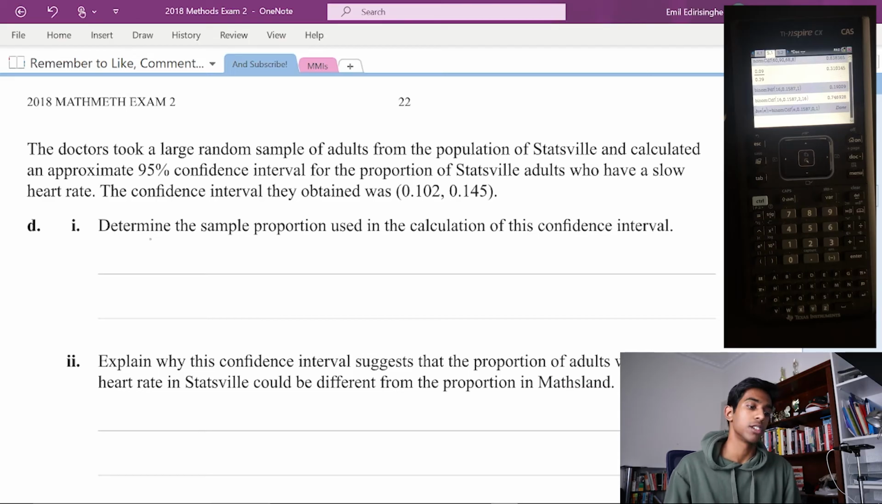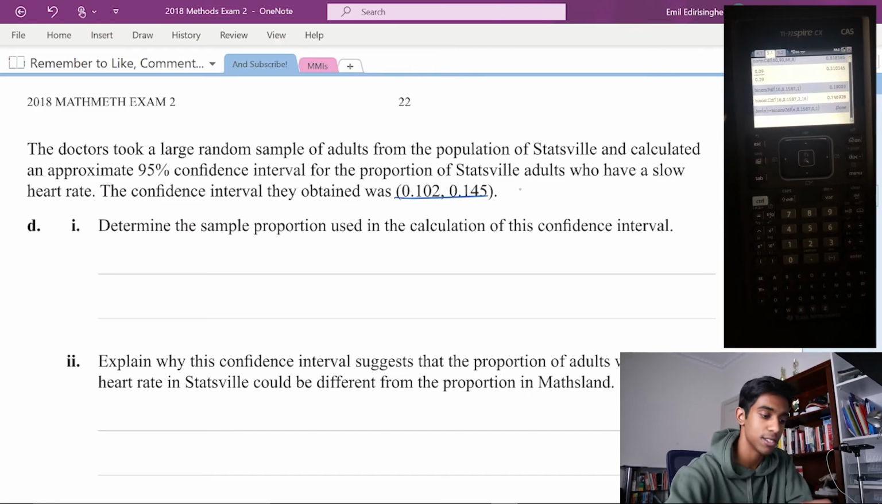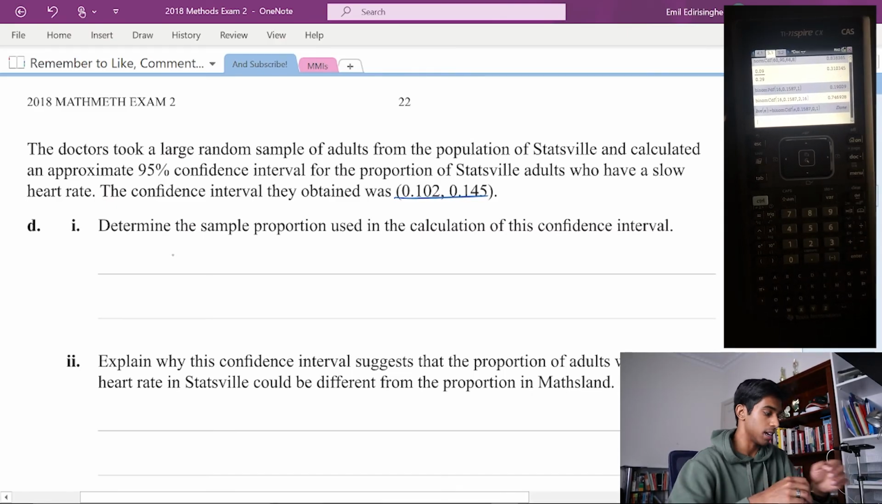The doctors took a large random sample of adults in the population and calculated an approximate 95% confidence interval. They got this, and we're looking for the sample proportion used in the calculation. So now what we're looking for is the sample proportion, which is just going to be the number in between these two. So we just go